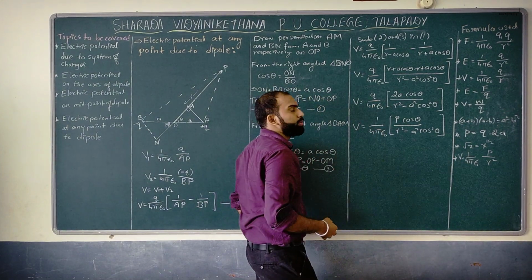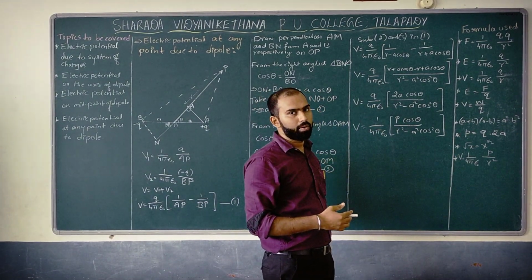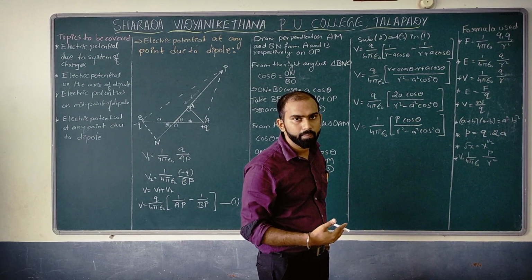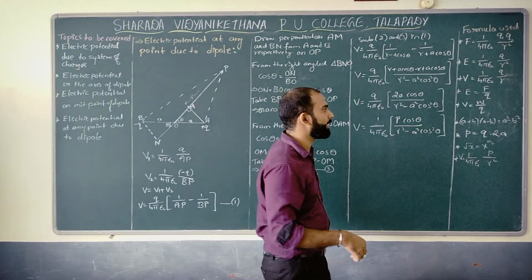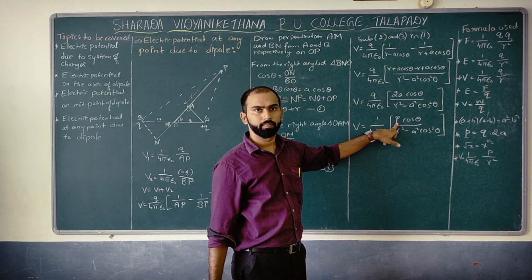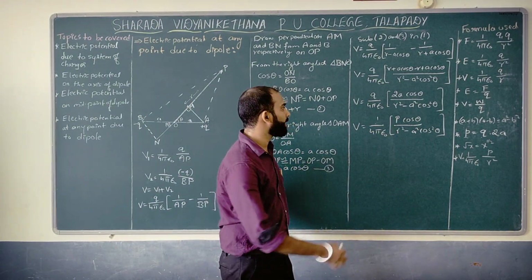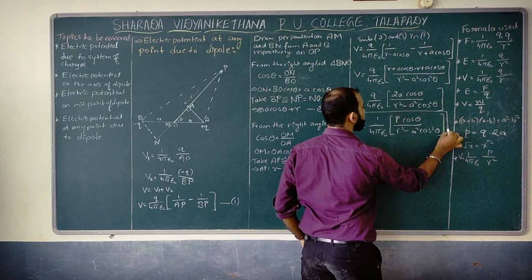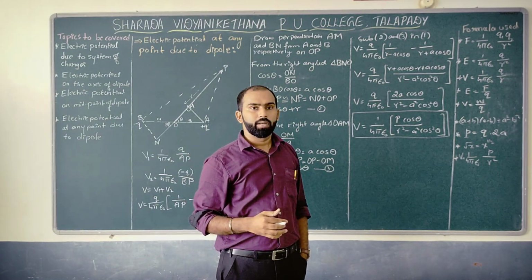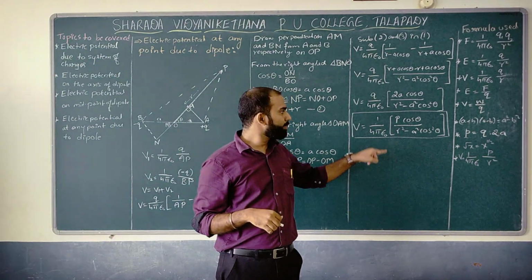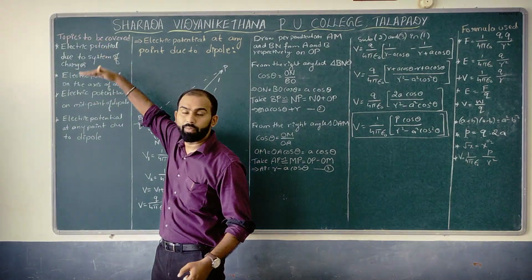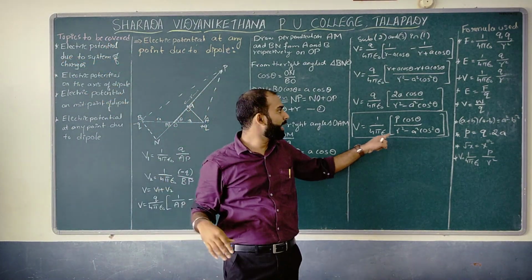So use your common sense. Q into 2A is nothing but the electric dipole moment. So Q into 2A can be replaced by P, and we have mentioned it as P into cos theta. This is the general expression we can expect for potential at a general point. And what is the beauty of this equation? Just by having this one equation, we can derive the expression of the previous derivations we have learned, just by having one derivation.